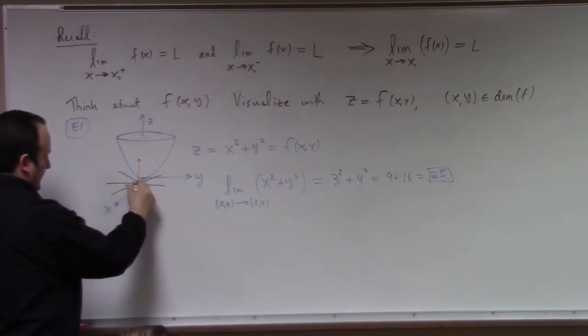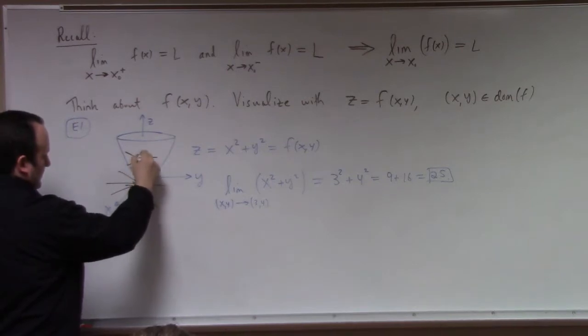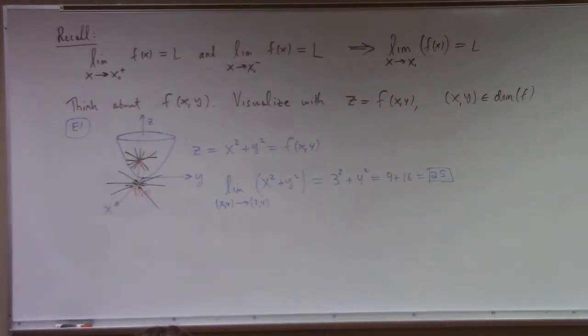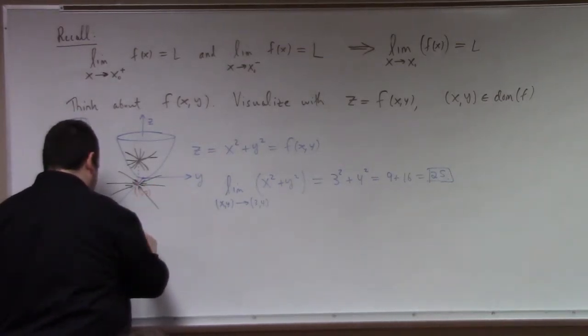Look at different paths approaching that point, and those will lead to different curves along the surface, right? But they're all converging to that same point on the graph, no matter what path. So if I take a path, r of t,